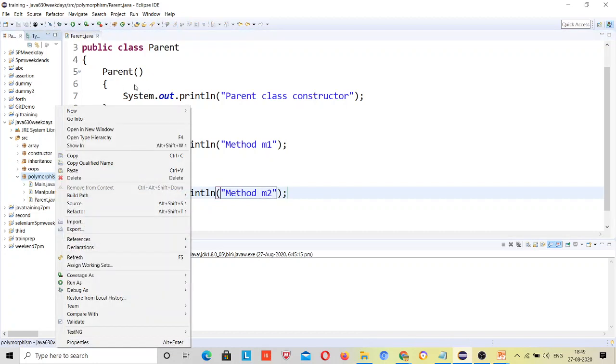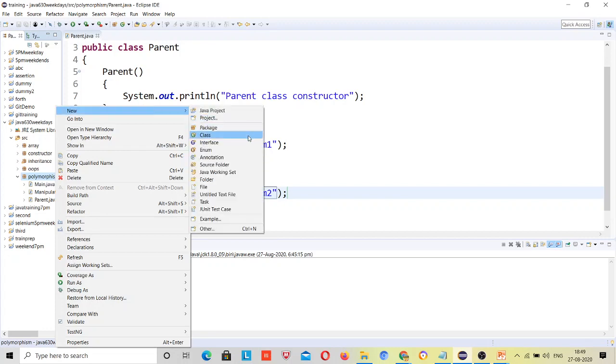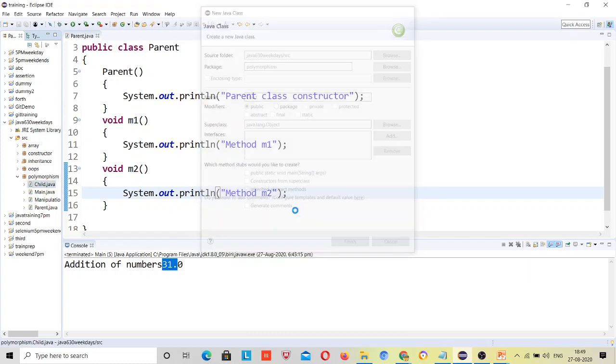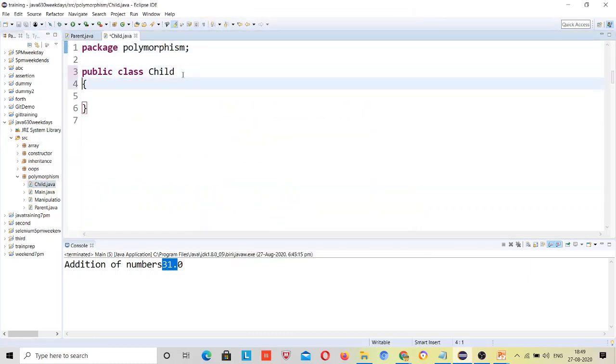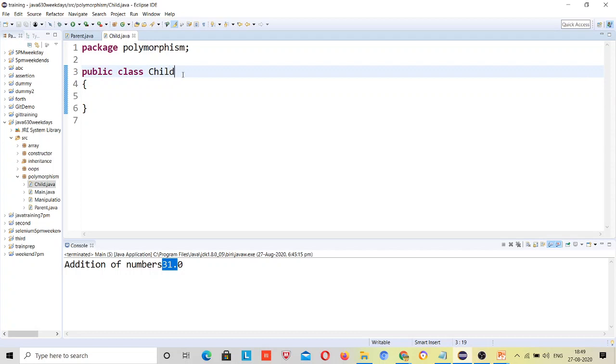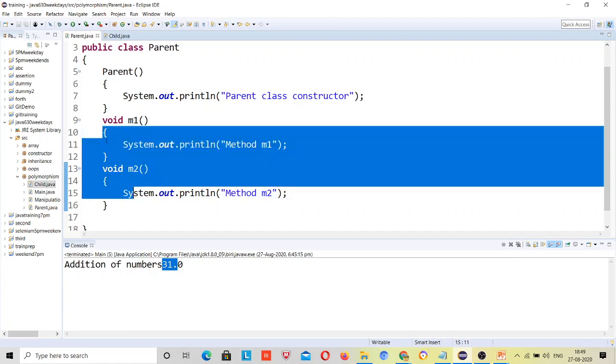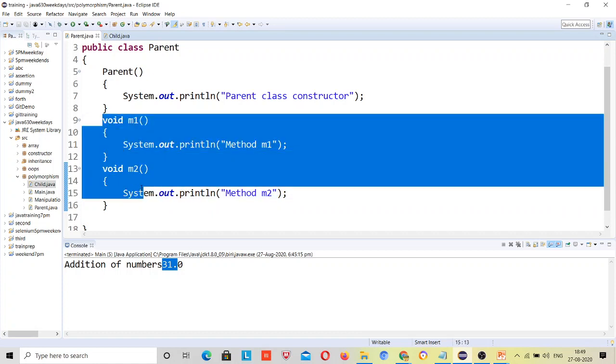and there is a child class. Of course, if the parent class is there, there will be a child class. So how can I make this class a child? I should assign a parent to it. And how can I assign? By providing inheritance, extends parent. What does this extends parent mean? This means that all methods or variables present inside the parent class come to that child class. Constructors cannot be inherited, that I have already told you in previous sessions.